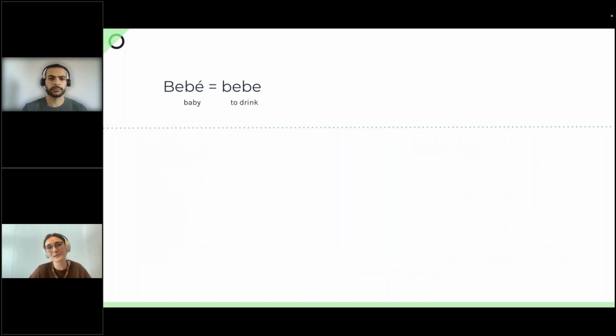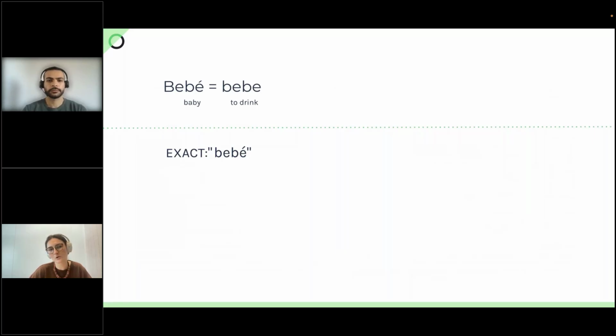So in Spanish, bebé with an accent on the last e is baby, while without the accent is the verb to drink. So this was causing a big problem of noise in the results. So the exact operator allows us to collect only bébé, only baby, with the accent.